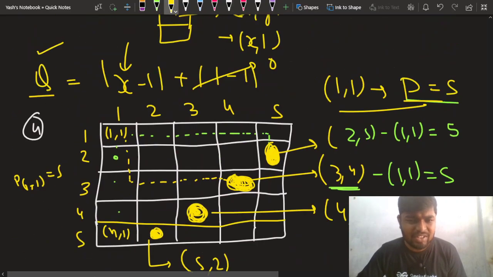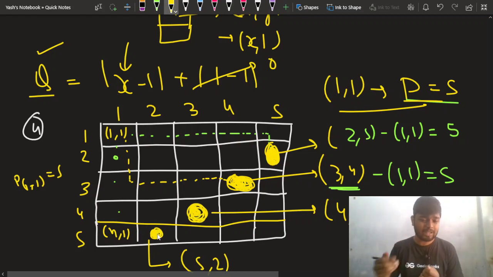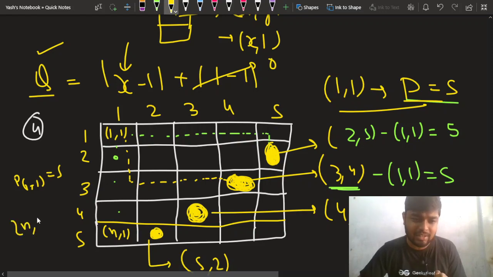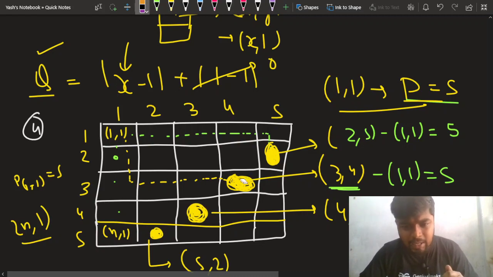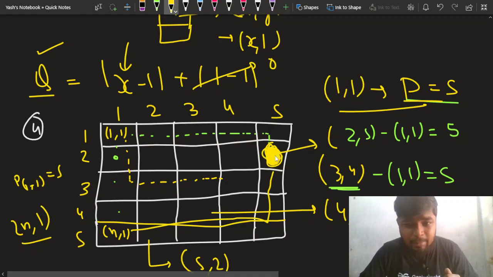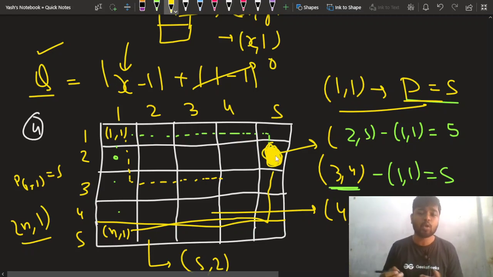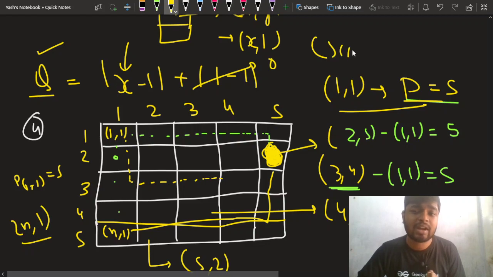As I discussed earlier, if you take 1 point, then you will be getting these coordinates, and you will be confused whether this is the point x comma y, this is the point, or this is the point. But once you take the second coordinate, that is n comma 1, all these will be eliminated. Because once you choose n comma 1 and know the distance, you will be exactly able to figure out which is the cell that you wanted, that x comma y cell that was randomly chosen by the computer.